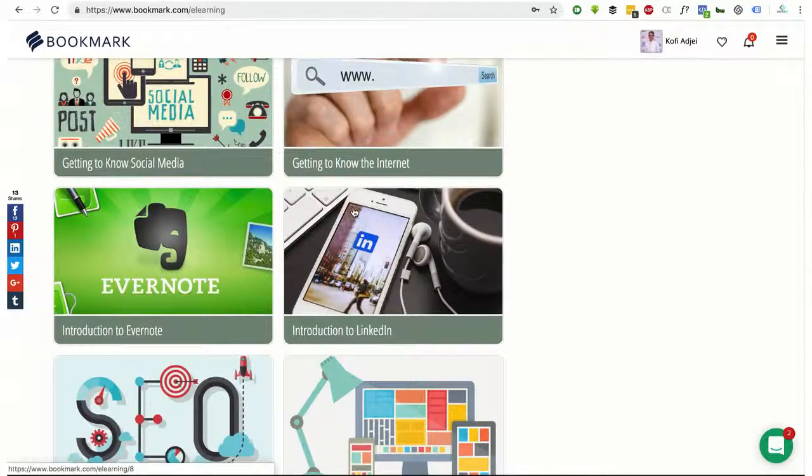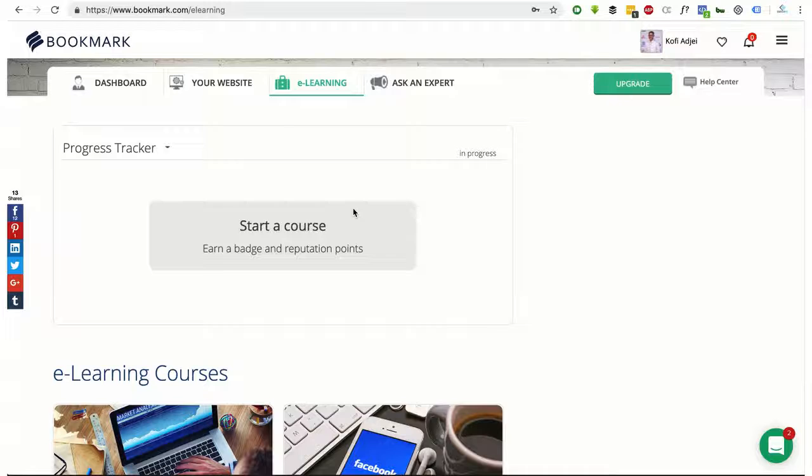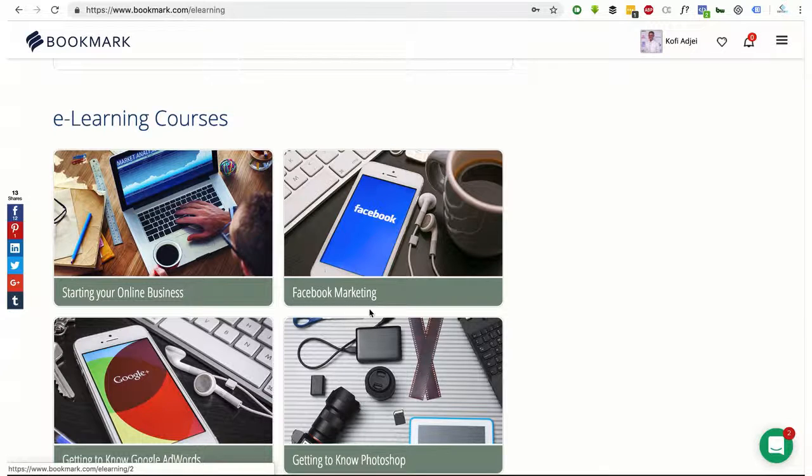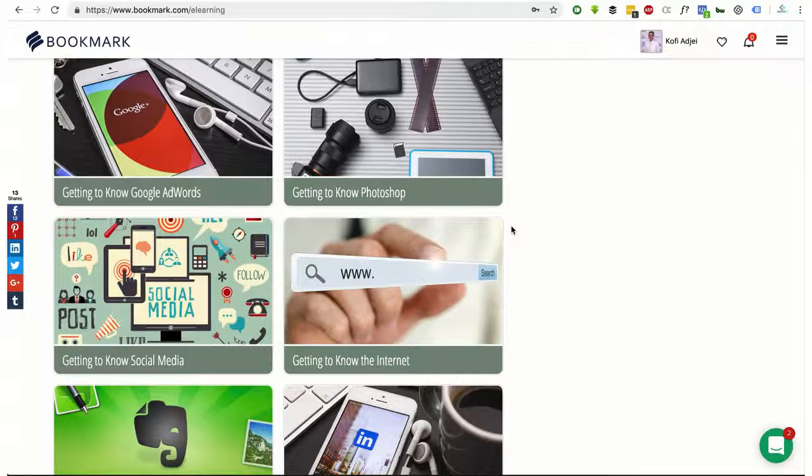Because once you have a website, the next step is to make it public, right? And if it's an e-commerce website, you need some form of marketing to help you in getting your website to people. So that's just about it for the difference between a web developer and a web designer, and then a